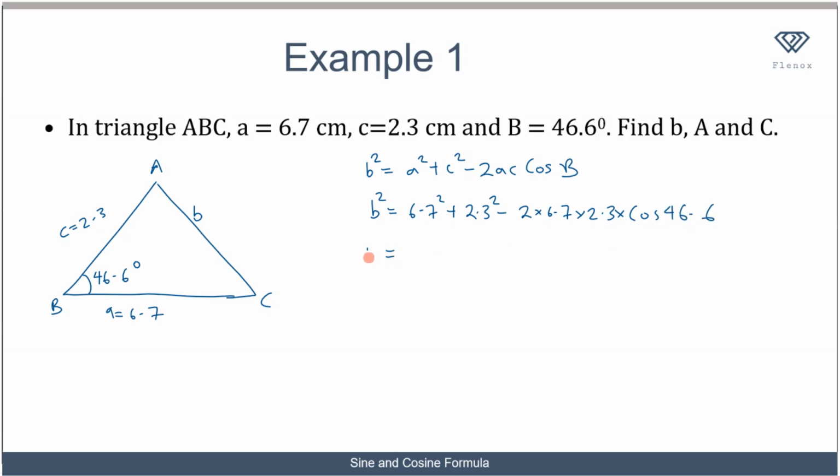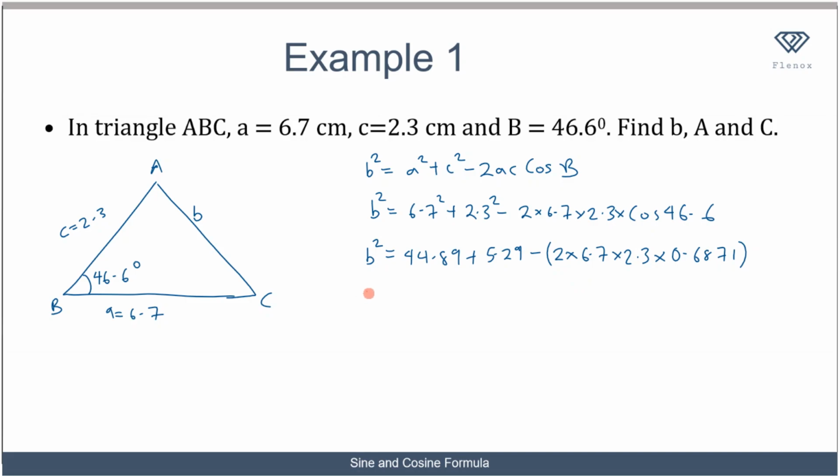And that becomes 6.7 squared is 44.89 plus 2.3 squared is 5.29, then minus 2 times 6.7 times 2.3, and cos 46.6 is